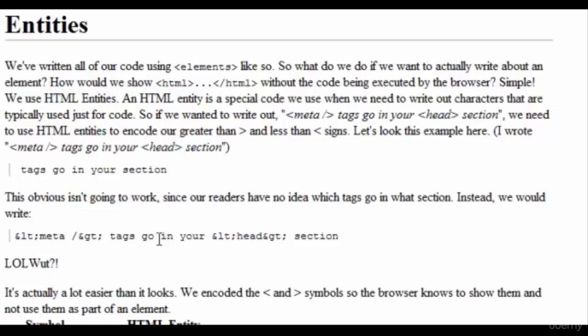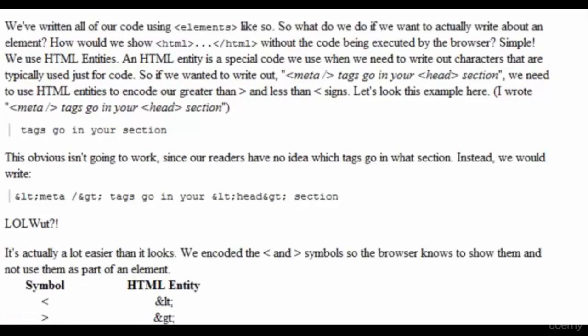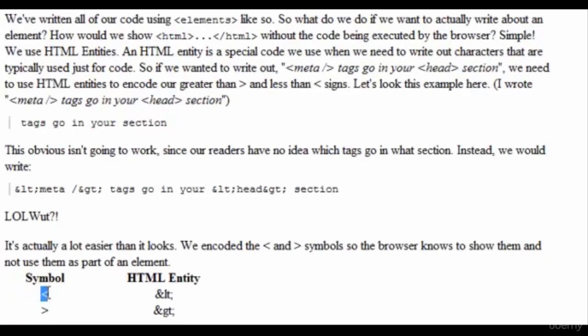What we need to do is encode these symbols so the browser knows to show them as text and not as an actual part of an element. For example, we look at the symbol less than, and the HTML entity is &lt;. And same thing applies with greater than. We have the greater than sign and &gt;.